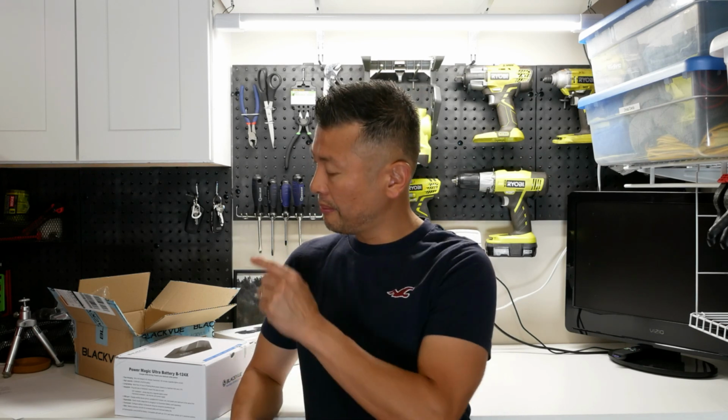So that's kind of the first step that you're going to have to do. The next step after that is obviously you're going to have to route all the cabling, and before you fully stick it in, you want to go ahead and test the dash cam to make sure that it works. So once we've got everything powered up, made sure that it works very well, we'll go ahead and securely mount